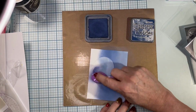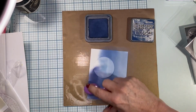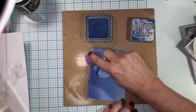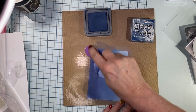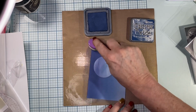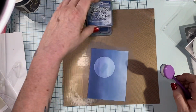So that'll be my darkest shade in here. So nope, none of the new colors. And as much as I do love them, I am trying to, again, keep this toned down. So these are kind of cool, kind of neutral colors. I'm just going to gently rub this on, and there I've got myself kind of an ombre